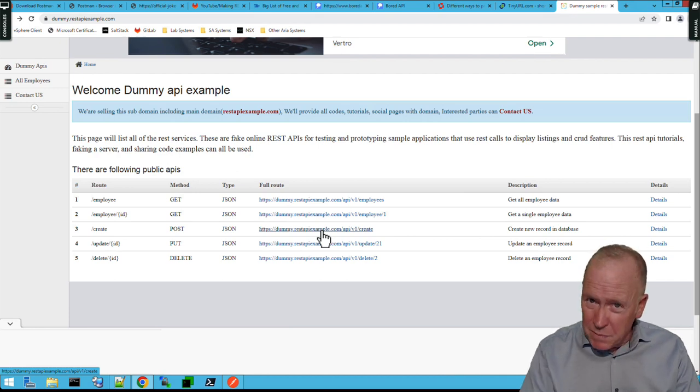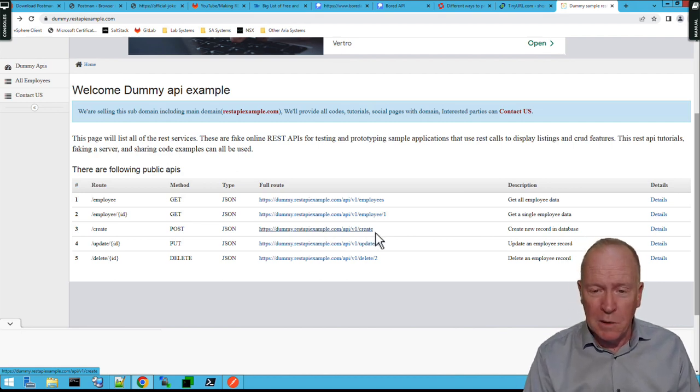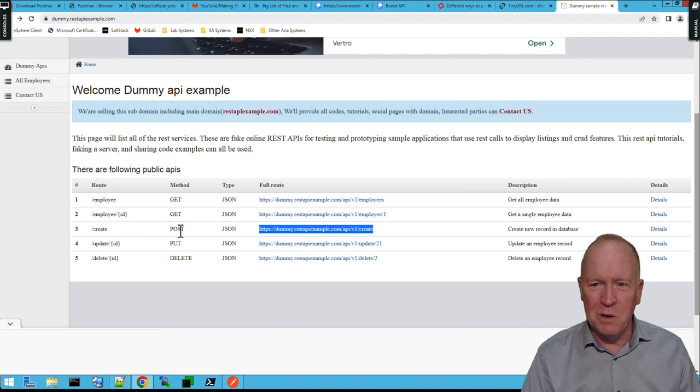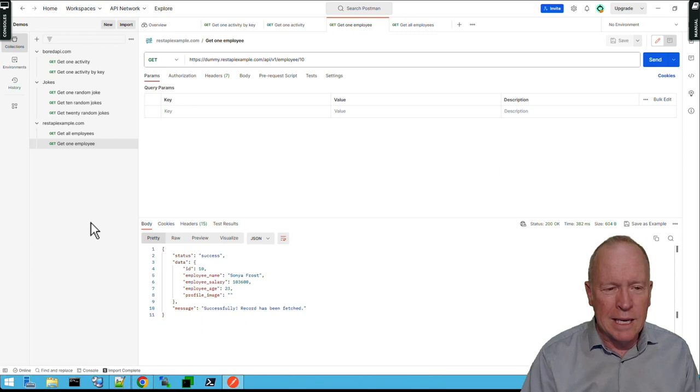So let's set up the basics, and then we're going to focus on what it is that's different that you have to do when doing a post. So I'm going to copy our URL. I'm going to remember I need to do a post. We'll go back to Postman, and here in Postman, we can copy either these